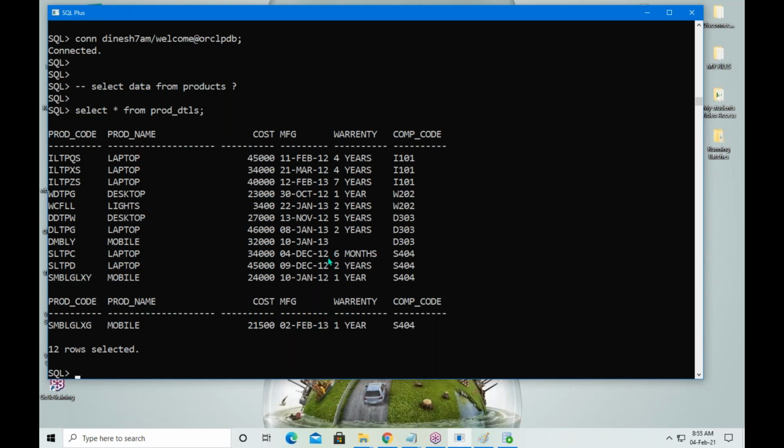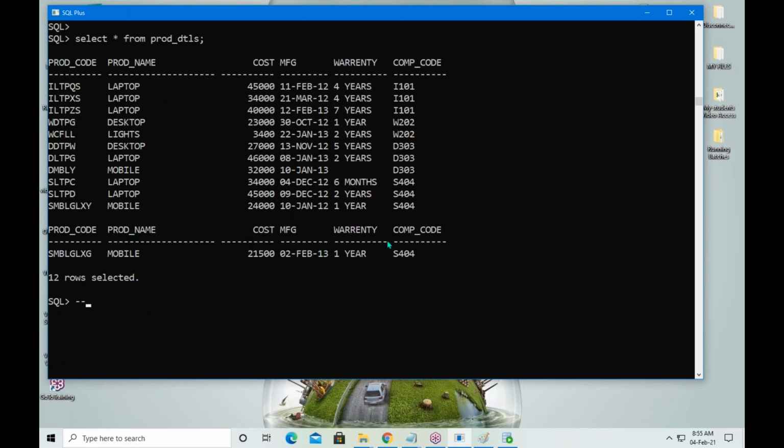Another kind of explanation is: get all laptops, or otherwise, I want to buy a laptop, so what are the available laptops?